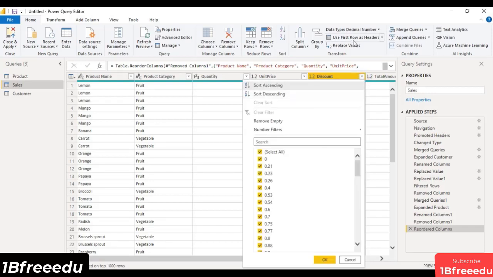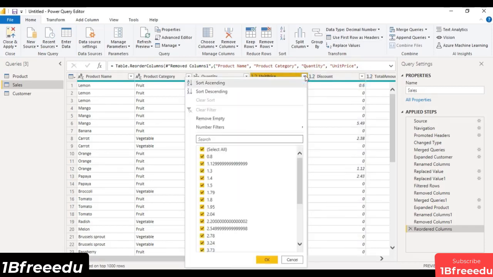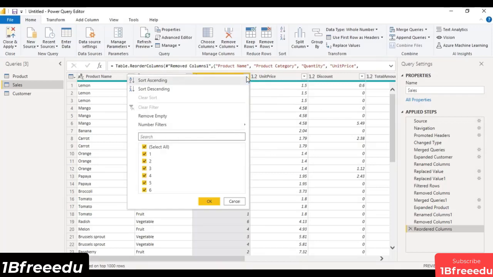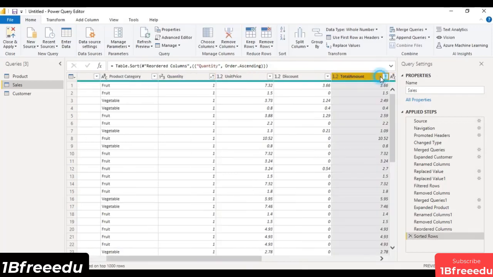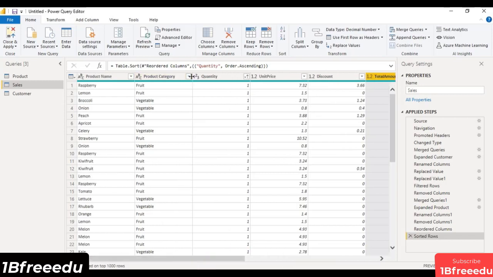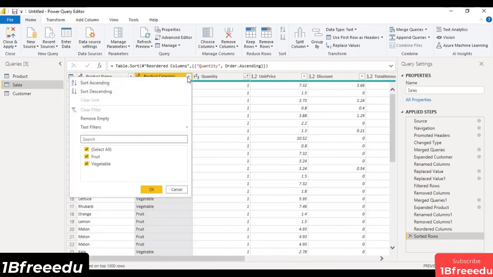And one thing you can do is check for null values in all of these, and if any null values are present, you can get rid of them. But I am sure that none of the values are null, so yes, the data set is clean now. We can just work with it.